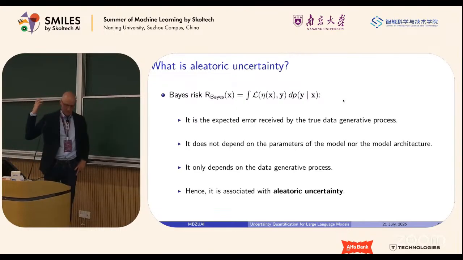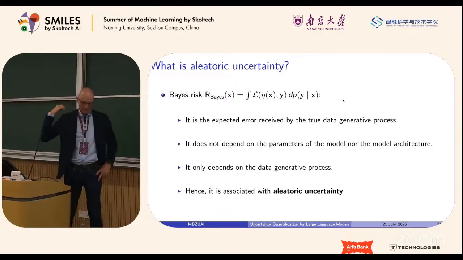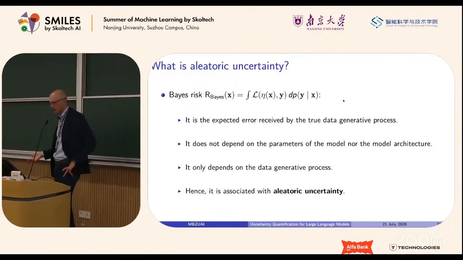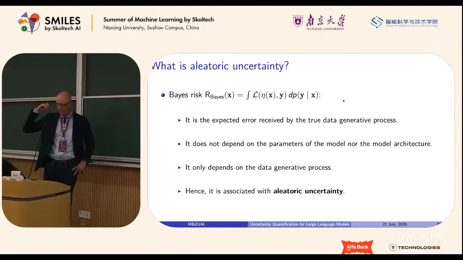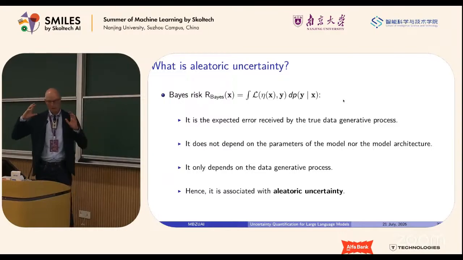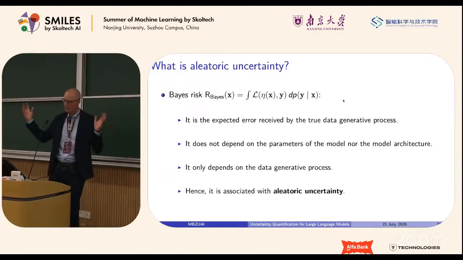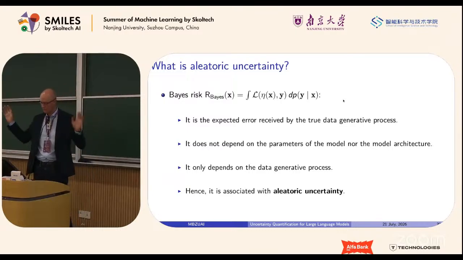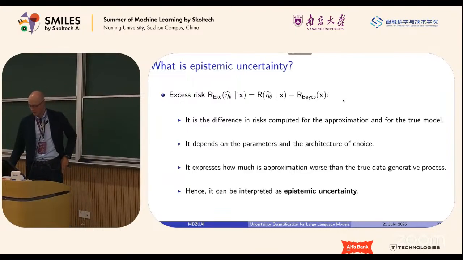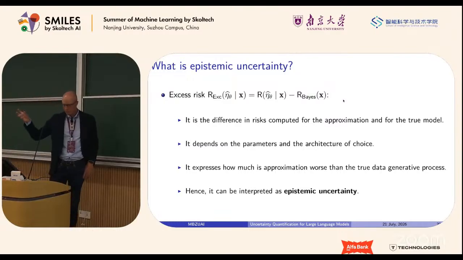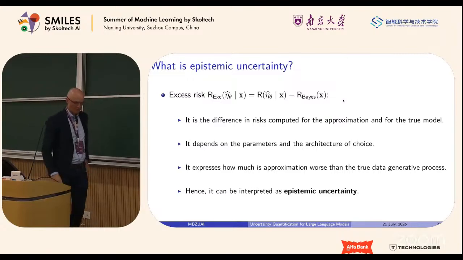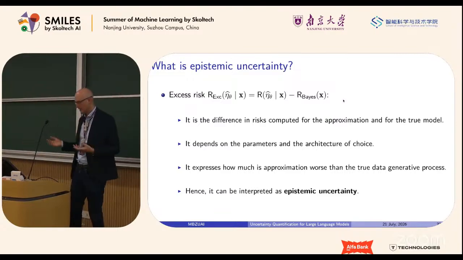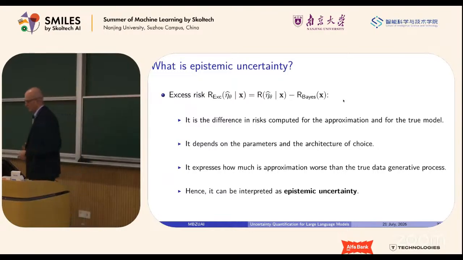This bias risk is the minimal possible risk, and it doesn't depend on your model. It depends on the true generative process, and that's why we can think about this component, if we approximate it in a perfect way, as the perfect approximation for aleatoric uncertainty. We can just take the total risk and subtract this bias risk, and everything that is left is basically the epistemic component, related to the lack of knowledge about the parameters of our model.